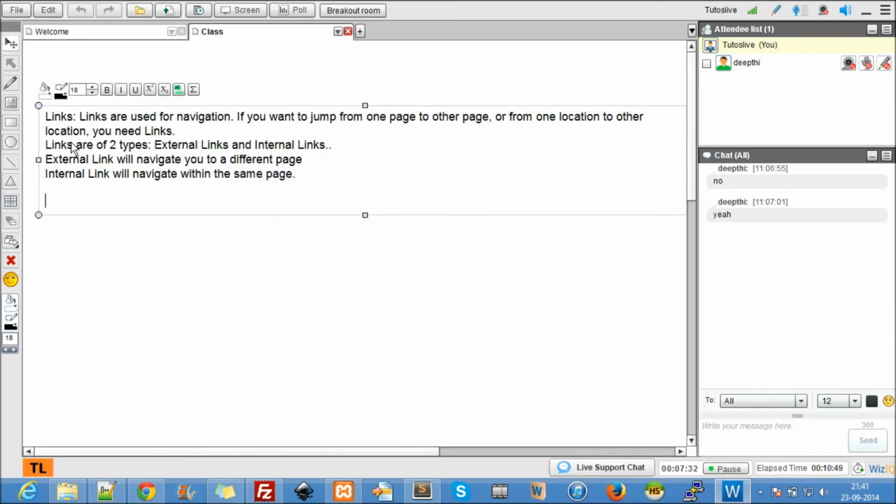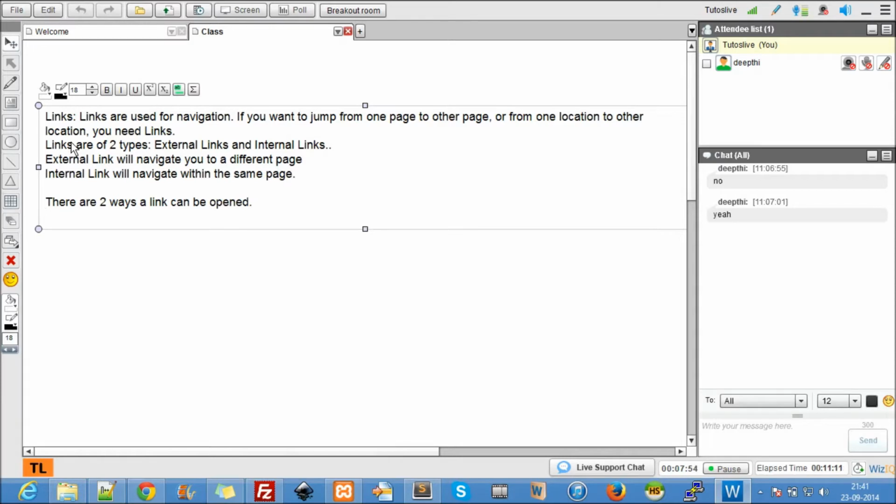And the other point here is, there are two ways a link can be opened. The first way is to open the link in the same page. Whenever you click on the link, it opens in the same page or the same tab.